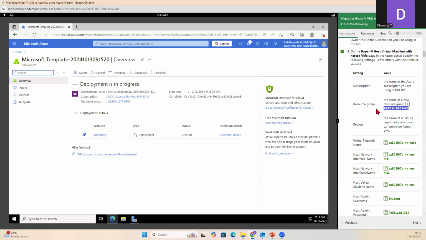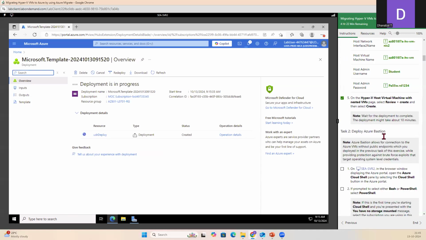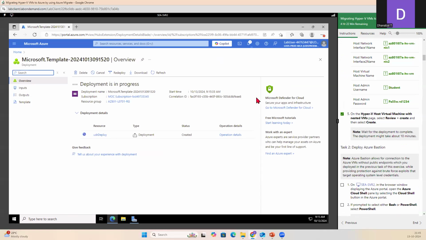Delete the resource group, wait for some time, and then come back and start creating again from exercise 1. So that is the solution you have to do. For example, during the deployment, if it fails, you can see an error message here, and then it says the deployment failed. If you're getting that message, you can,